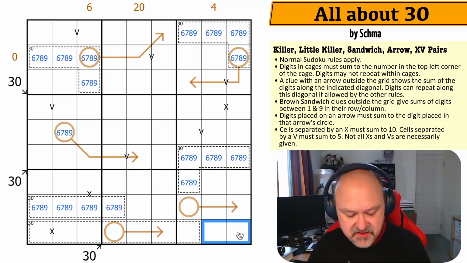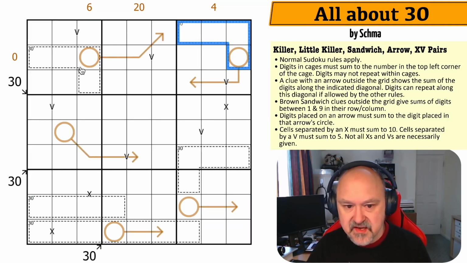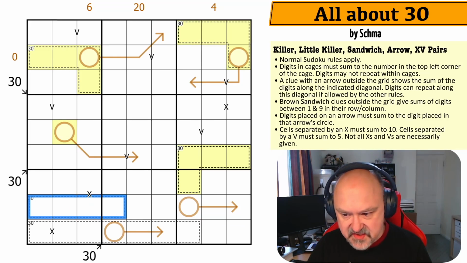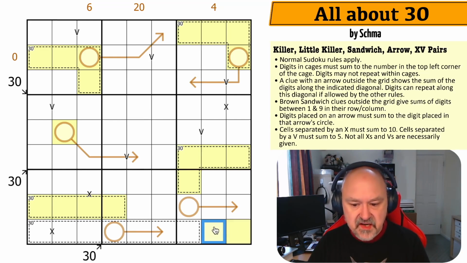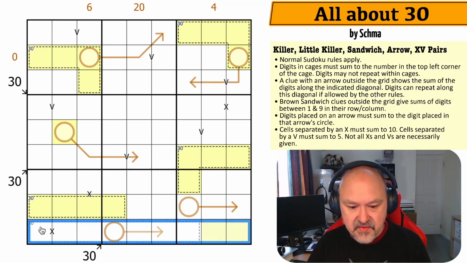Because I've got some deductions. I'm going to remove all of those 6, 7, 8, 9s, and I'm going to color these digits as high. And I'm going to use yellow for high. I'm going to color these digits as high. And the reason I can color these two digits as high, and I can see a few more things I can do as well, is this is a 30